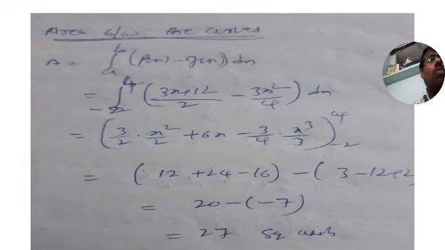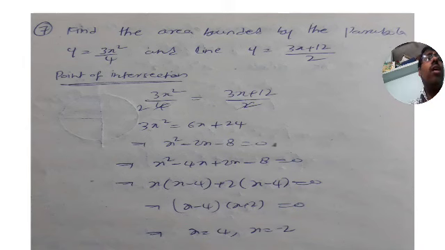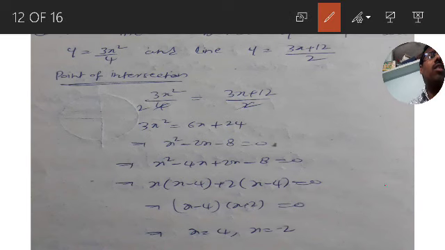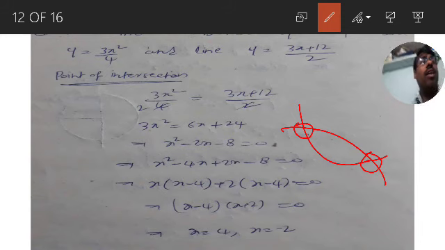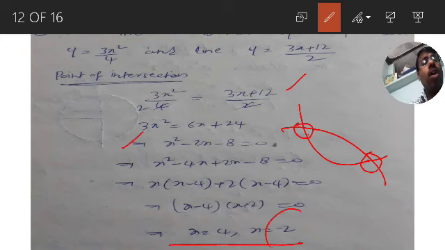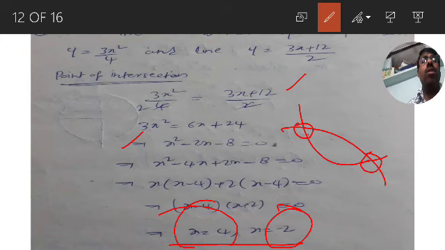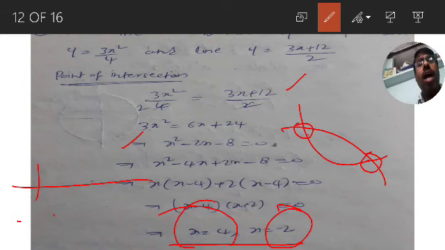Whenever two curves intersect, we find the intersection points. How? Because at intersection points the two curves are equal. So equate the curves, you will get a quadratic and you get the x values, the lower limit and the upper limit. Now with lower and upper limits we take f(x) minus g(x), upper curve minus lower curve. So limits are -2 and 4. In between take any value.